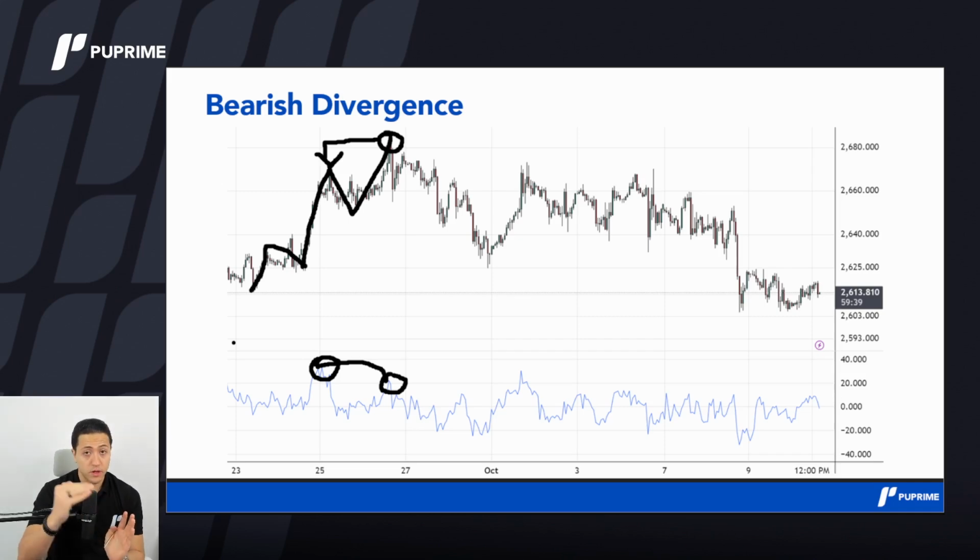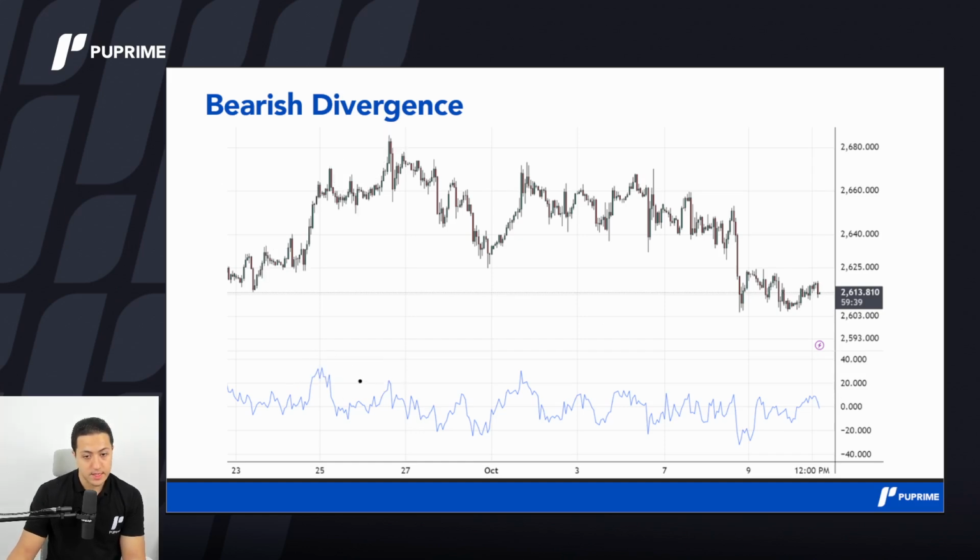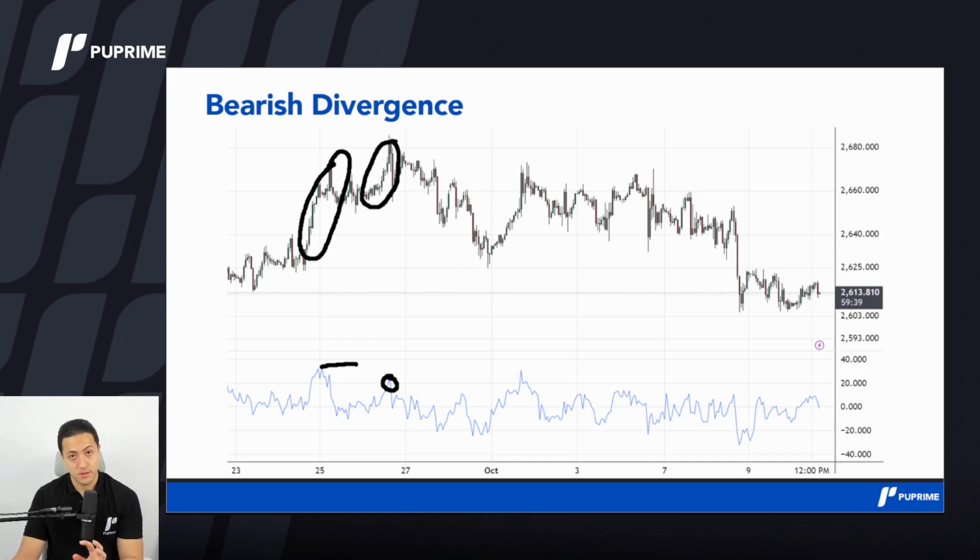because prices are moving higher. We are still creating higher highs and higher lows, but on the momentum, it shows that simply the momentum here was lower than the previous momentum. This means that even if prices are moving higher, momentum in this last move was lower than this move. And this can mean, it's not a should, but it can mean that prices may move lower.